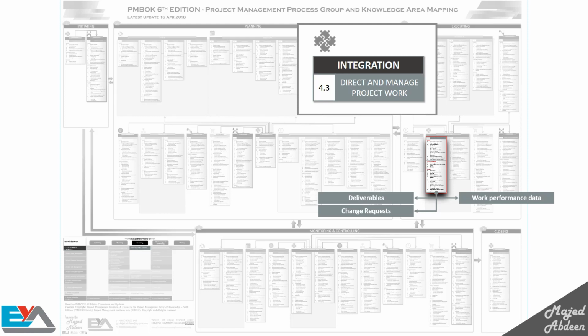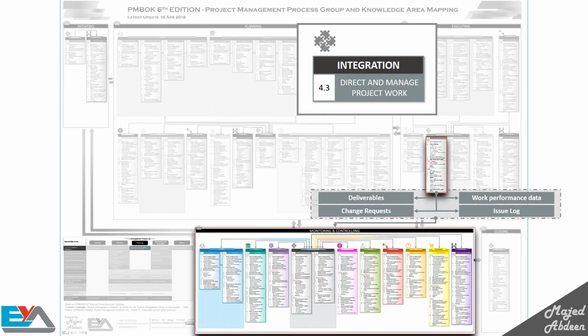So this process is also where you issue the work performance data. Throughout the project, it's normal to face problems, conflicts between the team, issues with stakeholders. So this process is where you produce the issue log. Remember, all these outputs should be monitored and controlled.